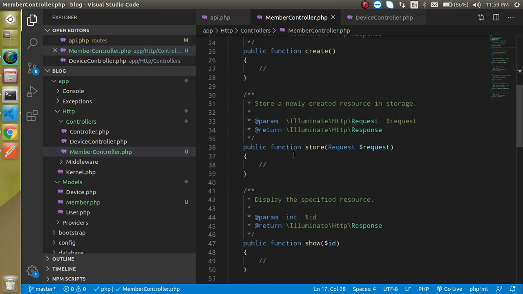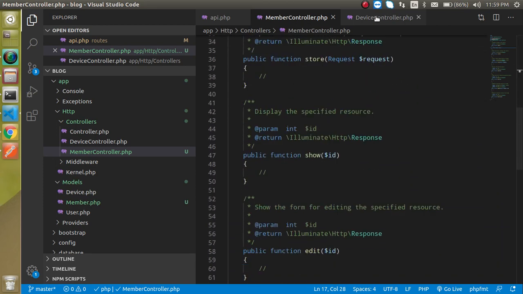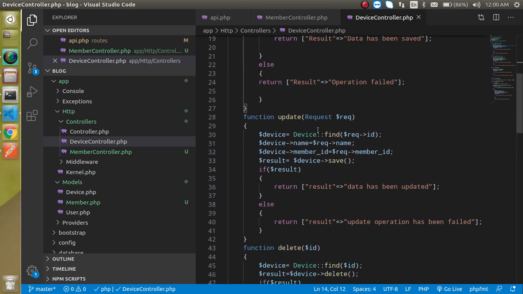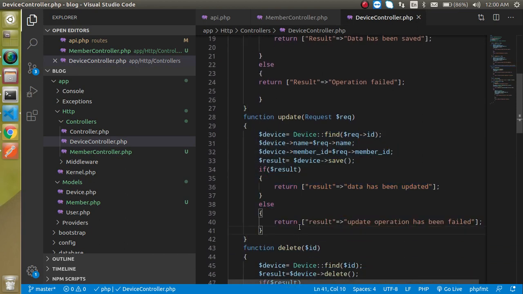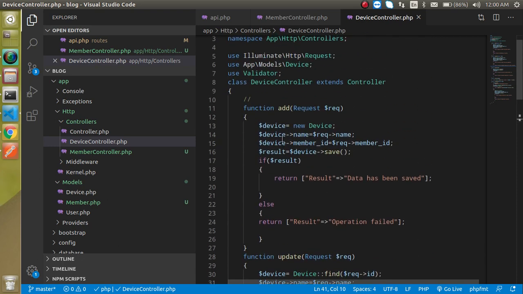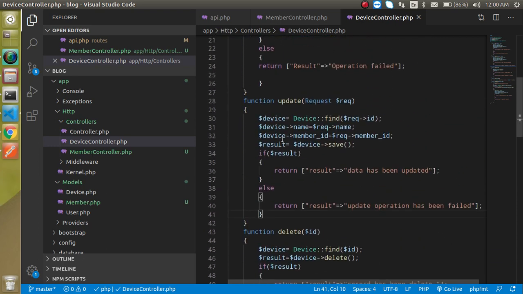Yes, if you want to create the data and store the data, then you need to add some more code. I already told you this code in the previous videos. If you want to see how we can update, add and delete the data, the link for the old videos is given in the description box. And if you have any queries you can ask me in the comment box.